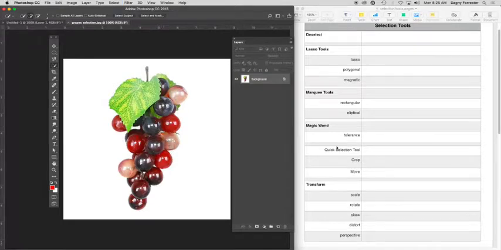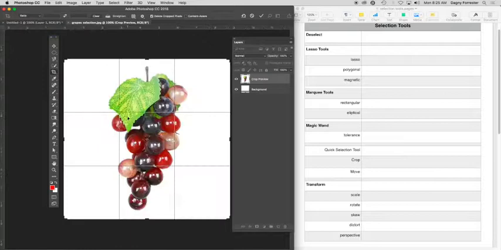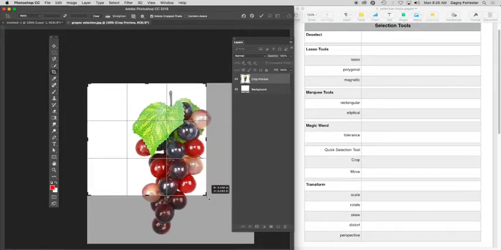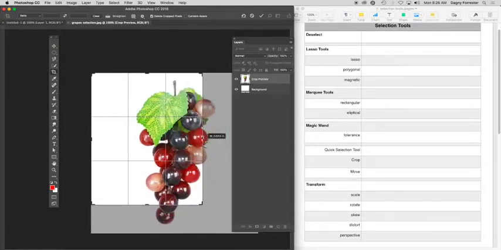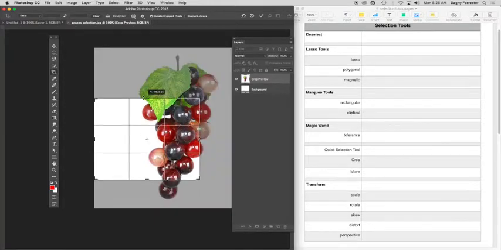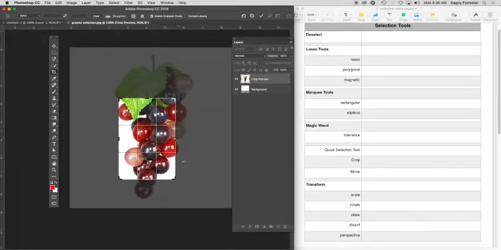Okay, let's deselect. Crop. Your crop tool, that is this, it looks like a square but has a little line sticking out on the corner. The cropping tool, it's given me a bracket here. It lets me click on a corner to drag it in. It lets me click inside the edge to drag it in. But whatever area you surround with the cropping tool, that's all that will be left once you actually finalize the